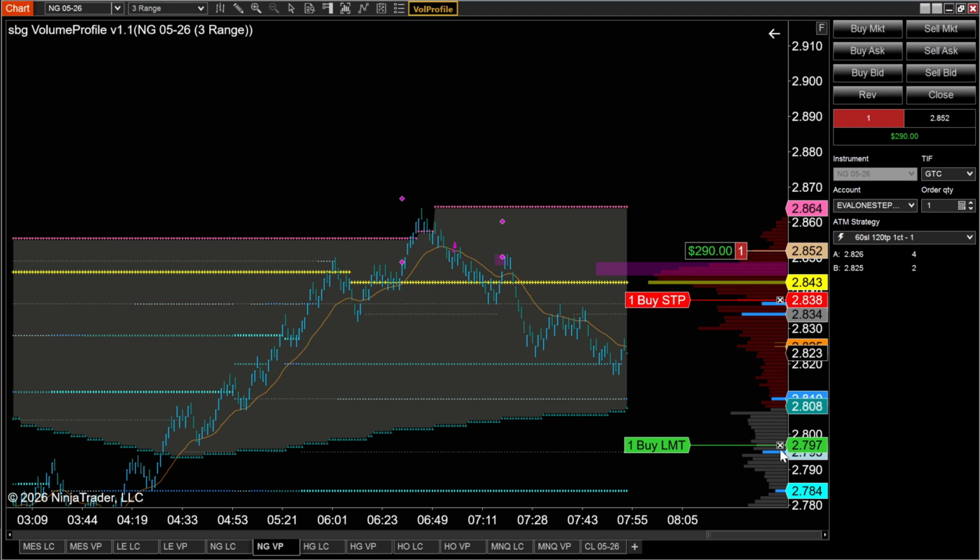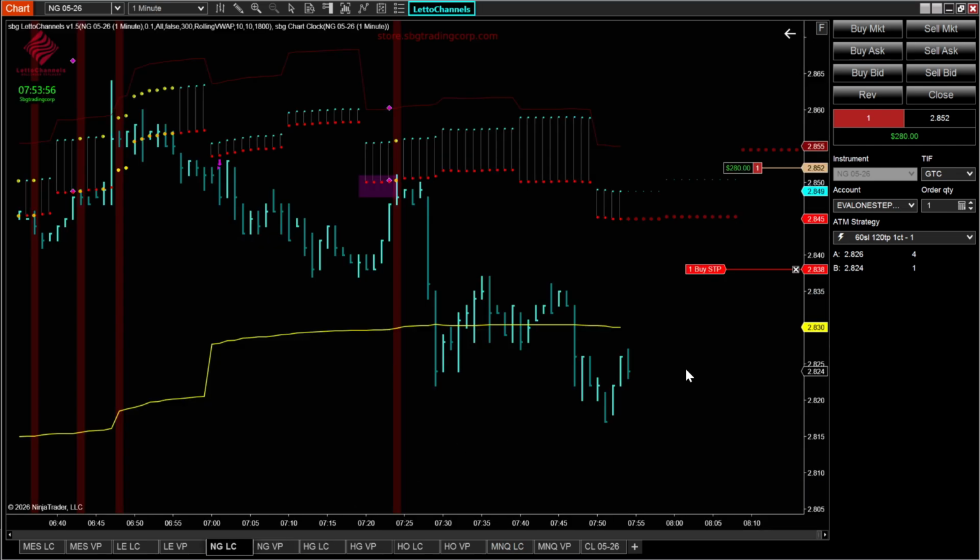I'm holding to target this low volume node down here. That's a pretty aggressive target. A more conservative target is this volume node here, which is at the low of the value area. Right now it's playing out. Another target, although a much lower probability target,